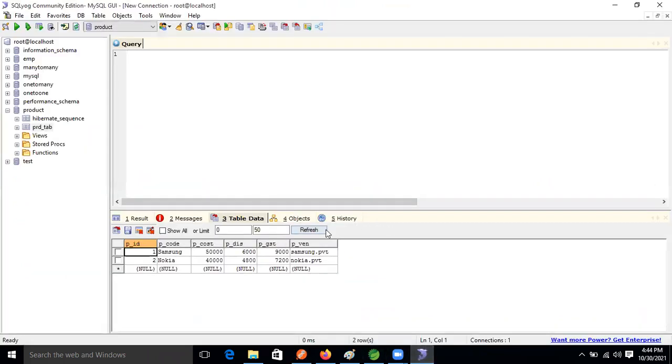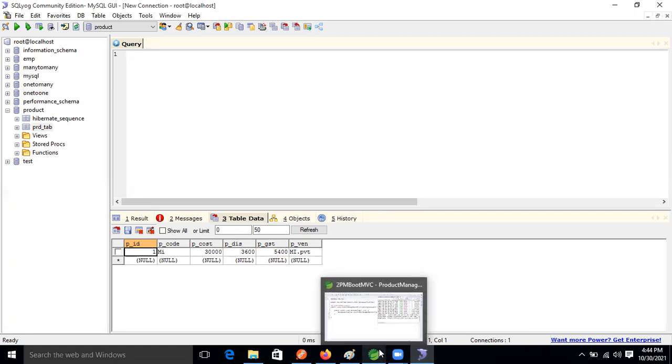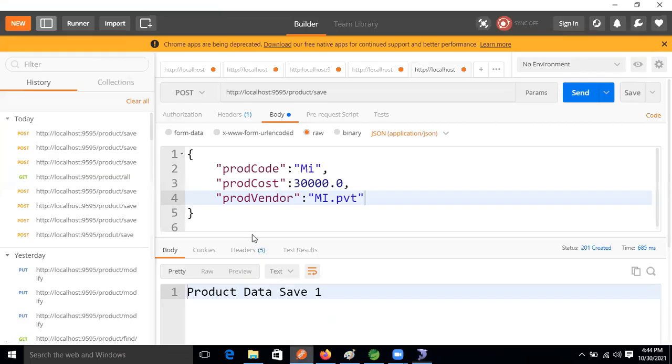Now see this one, MI 3000, this much GST, this much discount, and vendor, this one. Okay, so fine. Now instead of MI, let's take Samsung only, and here take Samsung Private Limited.